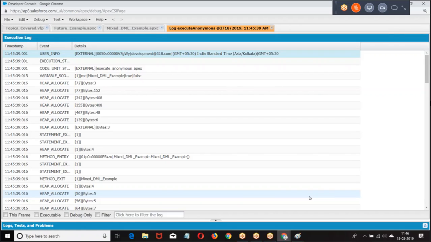Clear? So what is the mixed DML? If you are trying to perform a DML operation on a setup object and non-setup objects together, it is going to throw an exception called mixed DML exception. What are setup objects? Objects on which, if you make a DML, they'll impact the permissions of the users on the database. They are called setup objects. What are non-setup objects? Objects on which if you make a DML, they will not impact the permissions of others. They are called